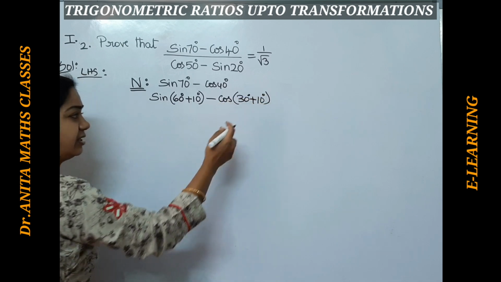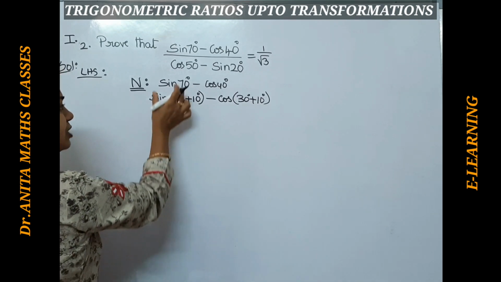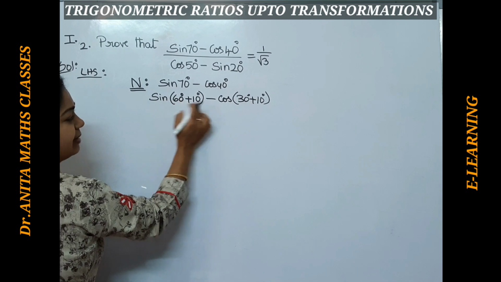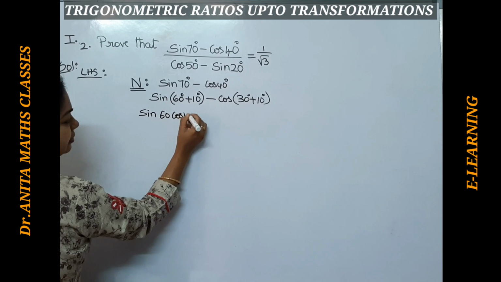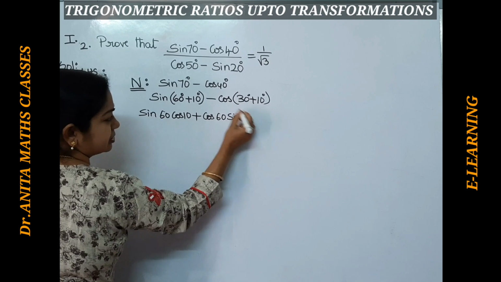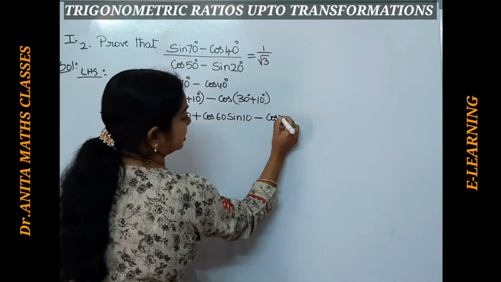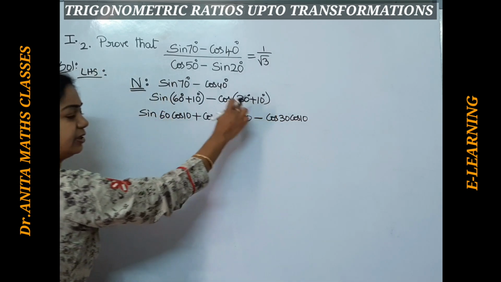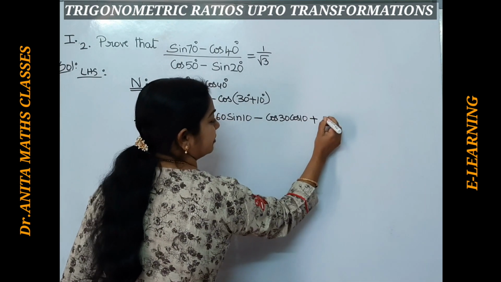Anyway, we know the values of 30 and 60, so in that form we are writing. I have transformed this using the compound angles formula. So sin(A + B) becomes sin A cos B + cos A sin B. This one I will also expand with the minus here, so this becomes cos 30 cos 10. In the cos function we have minus, but there is again minus of minus, so plus sin 30 sin 10 degrees.